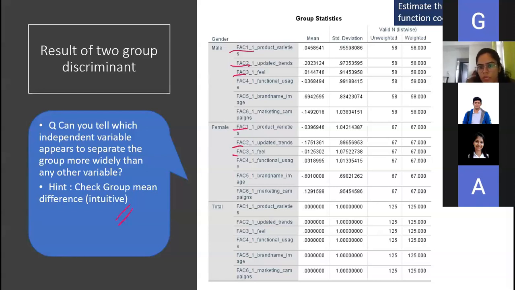Which is the factor for which the group mean difference is the highest? Factor 5. Yes, exactly. Factor 5, brand name. So it is highest for this. This means that this factor, although it's still intuitive, okay, we haven't arrived at how significant it is on all that, but it appears to separate the groups very widely. So the importance that males and females give to brand name shows the highest difference. Males probably want a very high brand name, which is very important for them, but females are not as high on brand name. Basically the difference is very high on brand name, right?